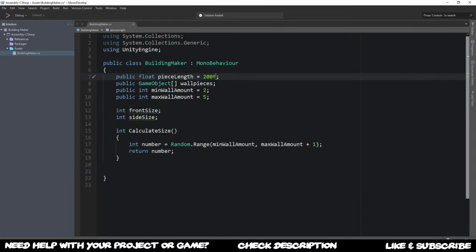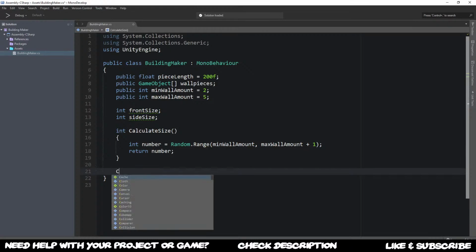If the center point is not correct, then you need to create an empty game object and put that empty game object in the center, or at the very beginning of the building, and put the model as a child of this game object whenever we create those prefabs, literally. Probably you have heard about that already beforehand. So let's create